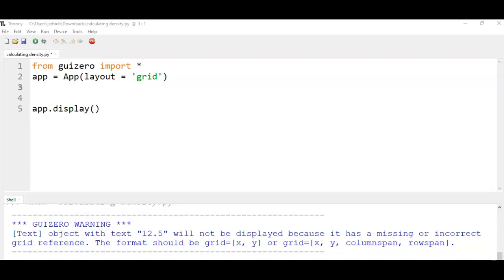So I have it set up with the basic information. We import it, we set up an app. The only difference is now I say layout equals grid. So we have to pay attention that every widget that we create is placed somewhere in the grid using a grid. So first off, let's make a text widget